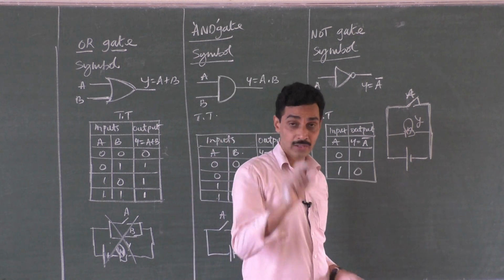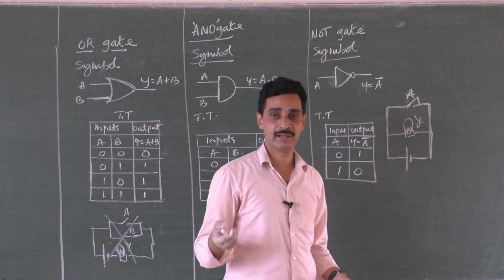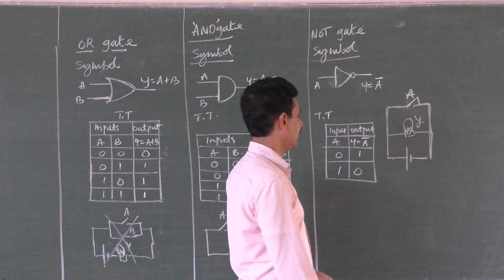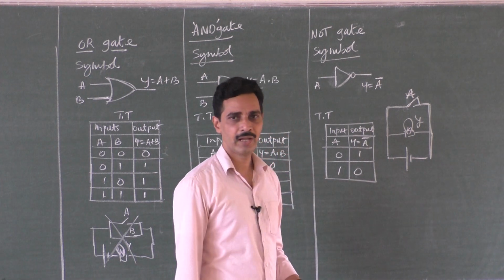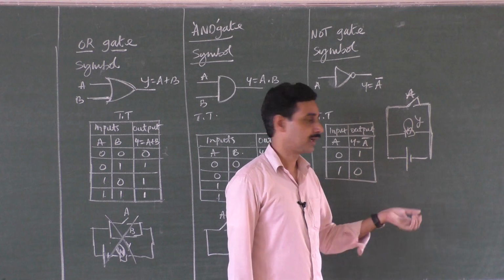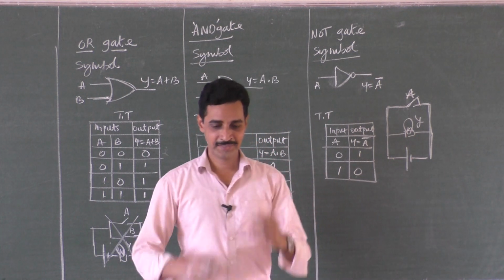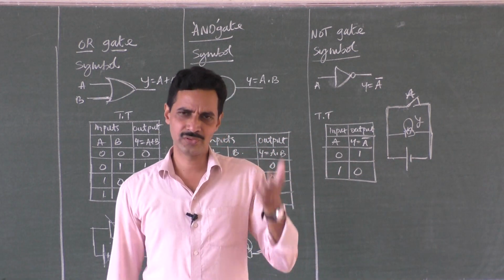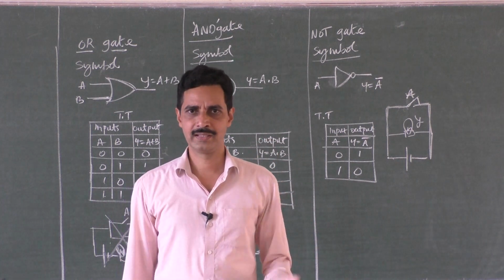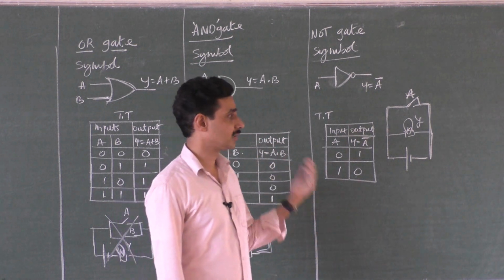The bulb burns. The coil inside the bulb will get very high current. The coil burns and the bulb is off. And if you want to check the circuit once again, you have to go for a new bulb, right? But still, that can be used to realize what type of gate it is. So it is not the output.